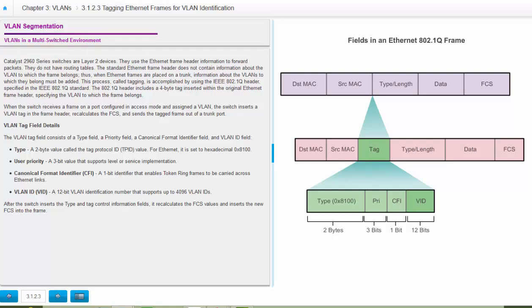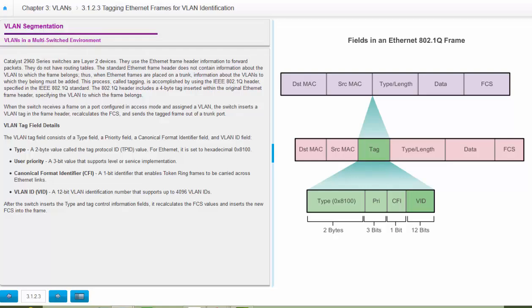The user priority is a 3-bit value that supports class of service implementation. Then we have our canonical format identifier. It is a 1-bit identifier that enables Token Ring frames to be carried across Ethernet links. And then we have our VLAN ID, a 12-bit VLAN identification number that supports up to